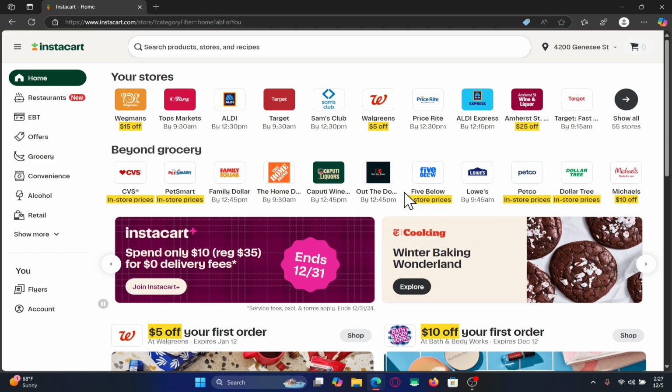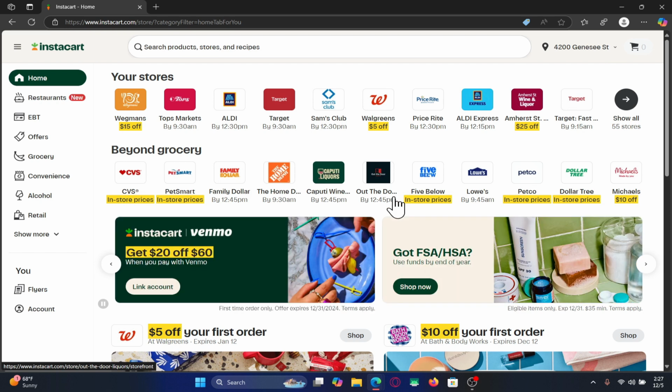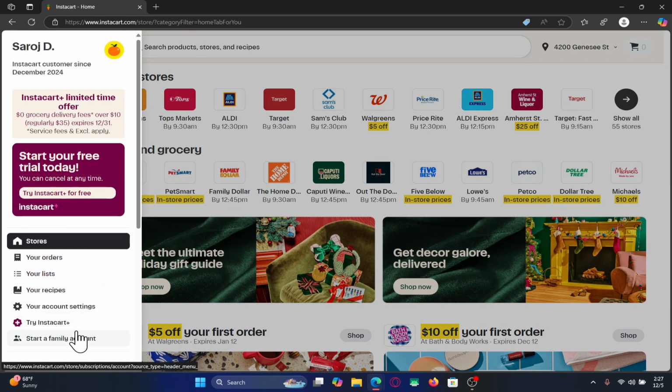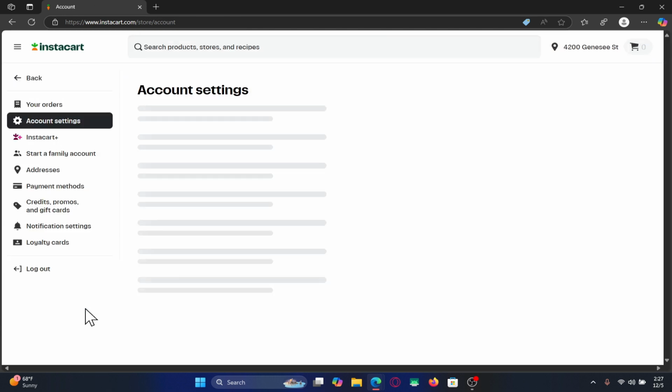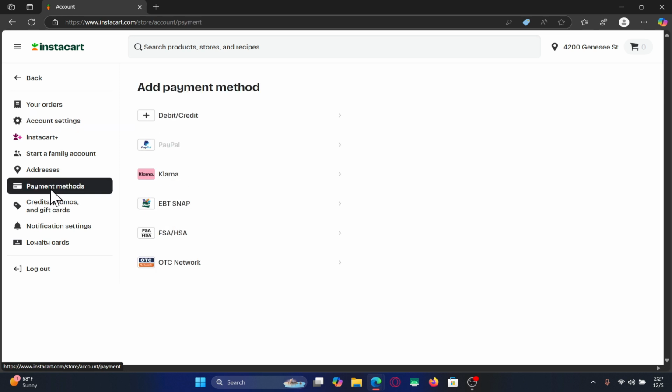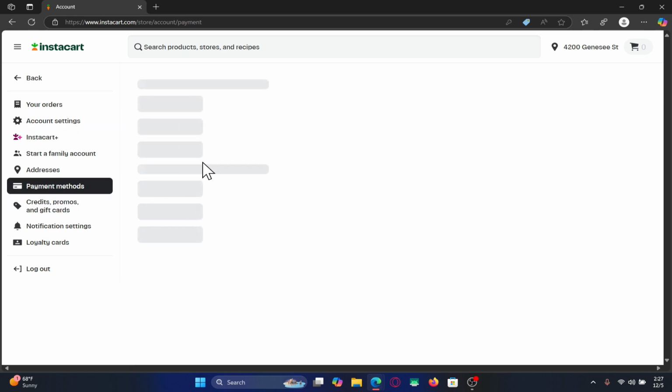After logging in, you will be taken into your homepage. Now, in order to add a payment method, just click on account at the bottom left corner and then click on your account settings. This will now take you into your account settings page, within which you will see payment methods at the left side. Go ahead and click on it, and now you will see the various different payment methods that you can add